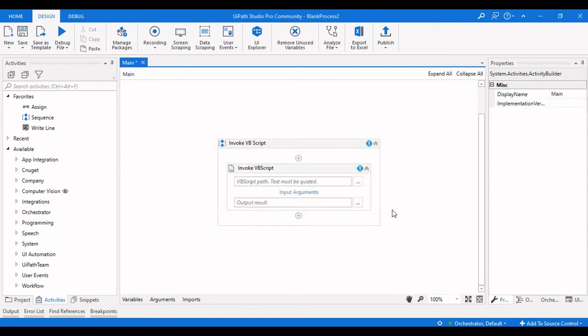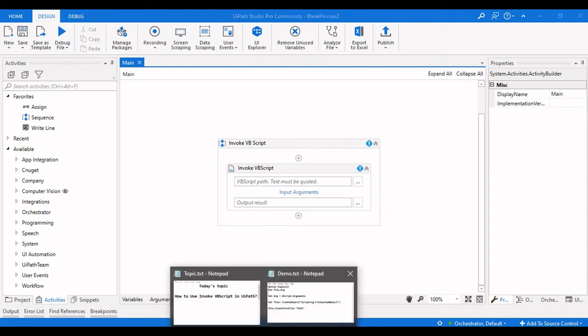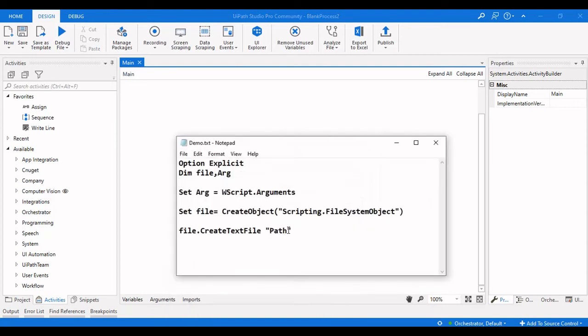So let me click on OK here and quickly get back to this demo.txt. In this path here I will mention arg of 0, so that it will take the first input argument for creating the text file.